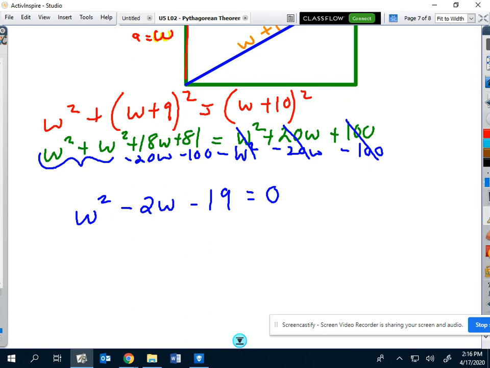And so it's at this stage in the game that it looks pretty complex. And you actually won't know how to solve this until later on in the year. But it's going to be pretty cool to see how we can solve this type of equation. So I'll just leave you in suspense. We're going to use something called the quadratic formula, or graphing, or factoring. In this case, this one's not going to factor,